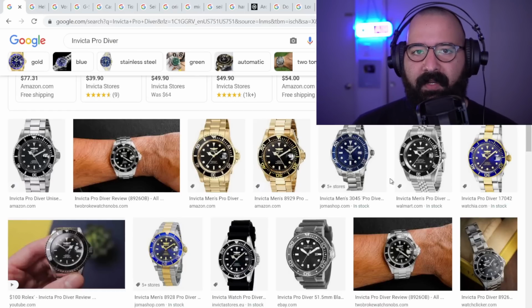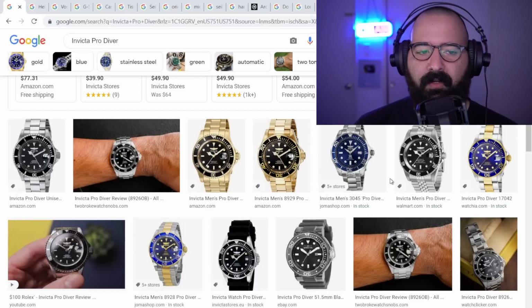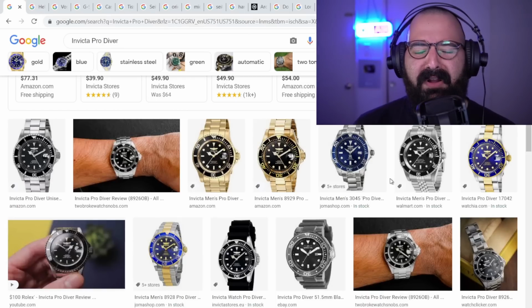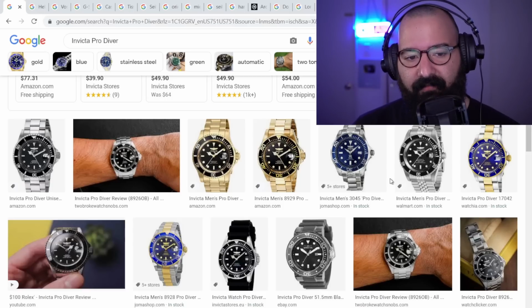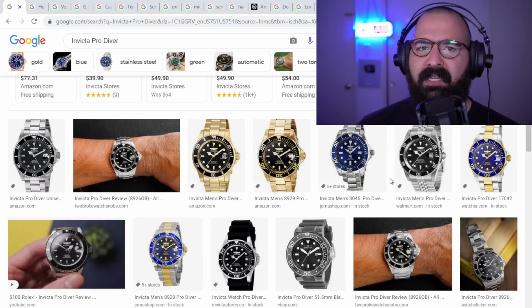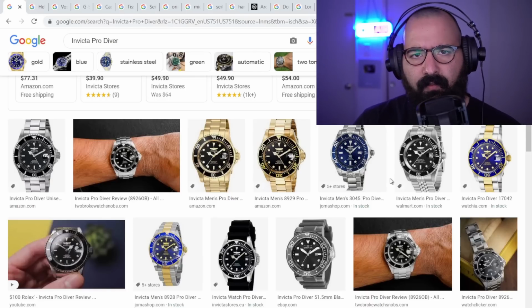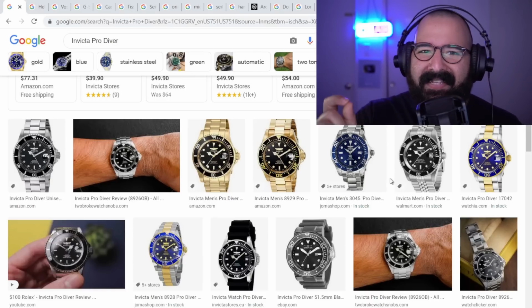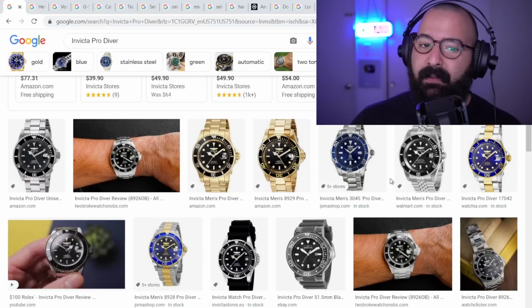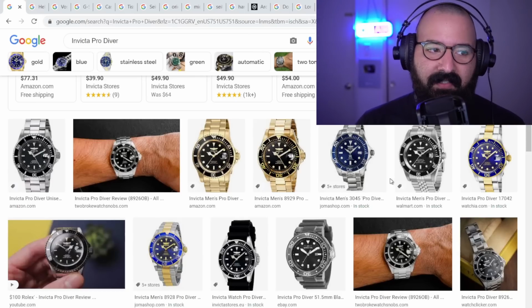I've compared it to my Submariner, where a lot of people were really confused. How could this idiot nerd compare this watch to a Submariner? Well, it's because it's literally designed after a Submariner. So I stacked them back to back. But when people got super duper upset with me daring to compare it to the Rolex, they kind of missed the point. This Invicta Pro Diver is actually a pretty dang good watch when you consider you can get it